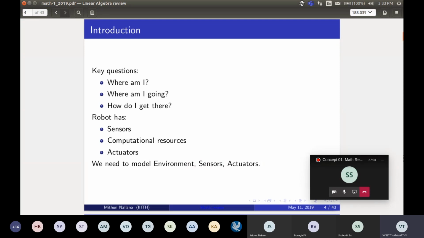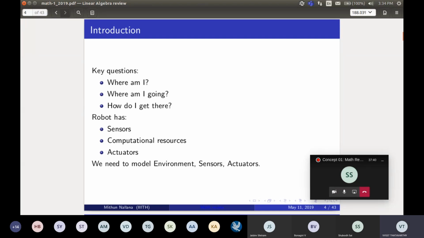There will also be models of sensors and their noise. The sensors we see ideally in theory or in sessions, sometimes you take it for granted that the sensor will work in this way. But in the real world, when you buy a sensor and integrate it with your robot, it comes with some noise. So you need to have a proper noise model. Similarly, the same thing happens with actuators. They will have some kind of nonlinear effects when you try to drive them using the voltages and currents that you have computed.